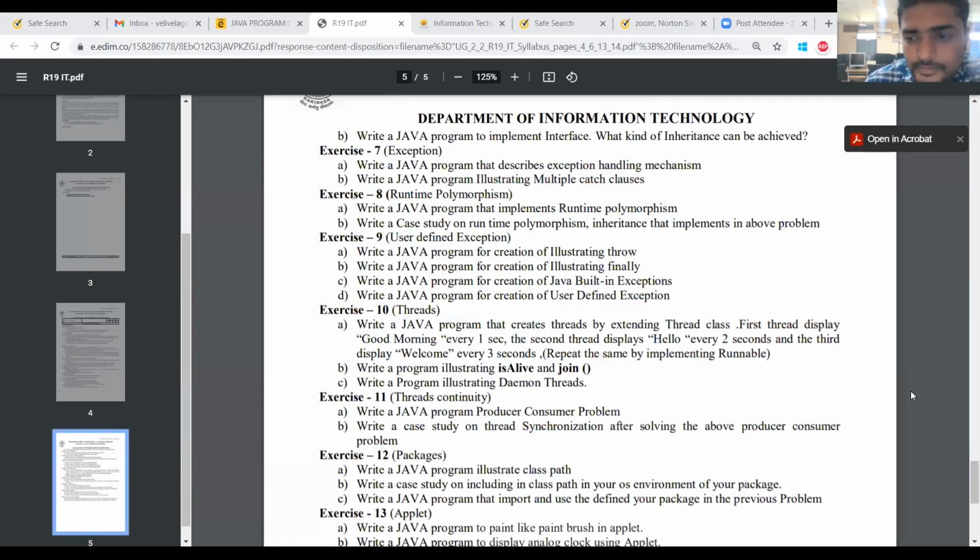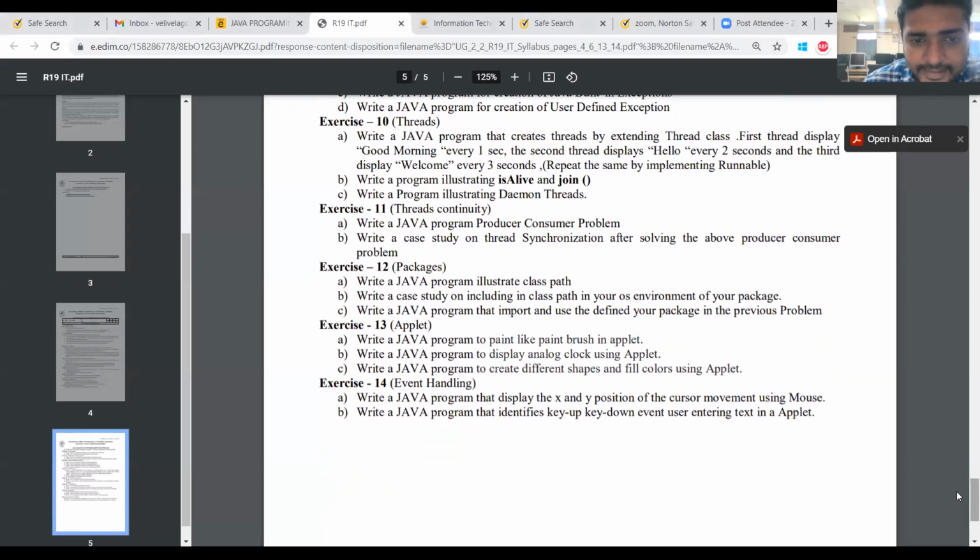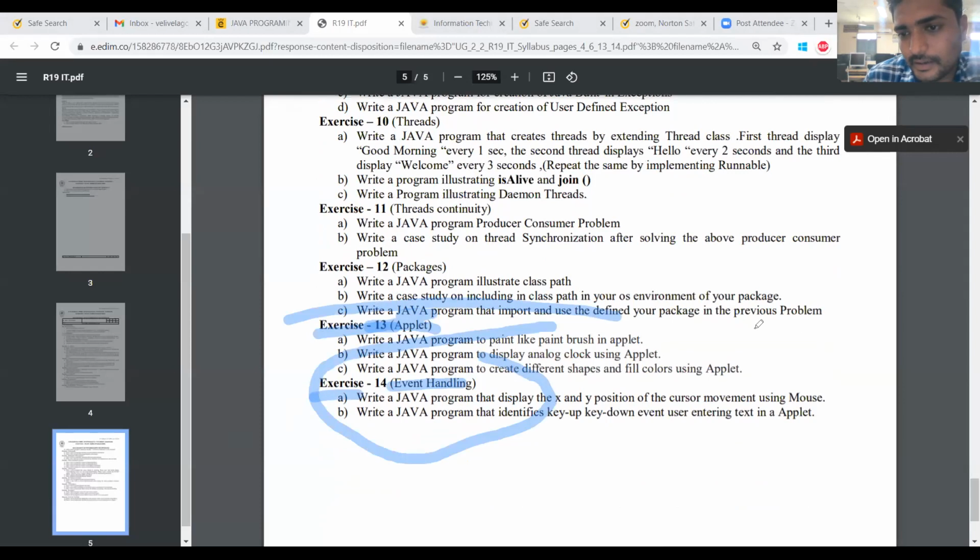As per the syllabus, we have exercise 13 and exercise 14. Exercise 13 is all about applets, and exercise 14 is all about event handling. In theory, we don't have applets and event handling in the syllabus. So for the time being, we will complete the Java programs up to exercise 12.